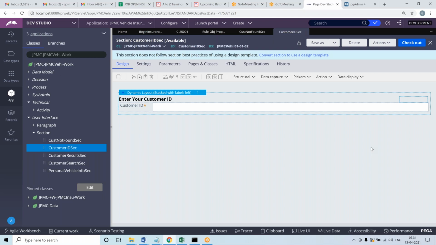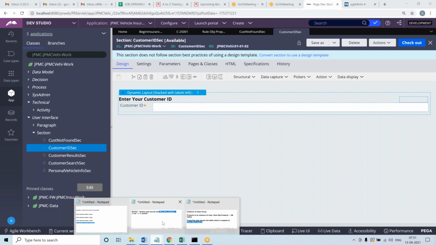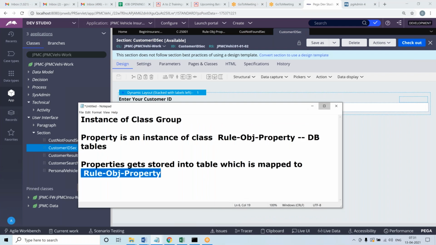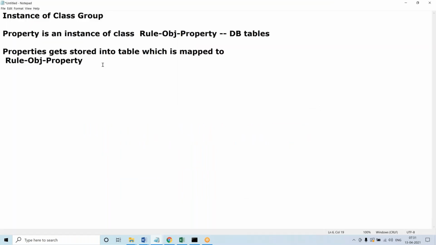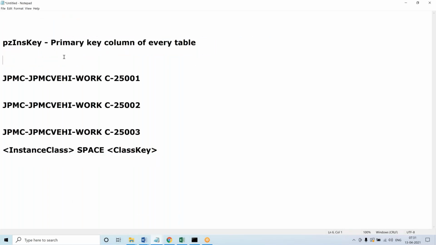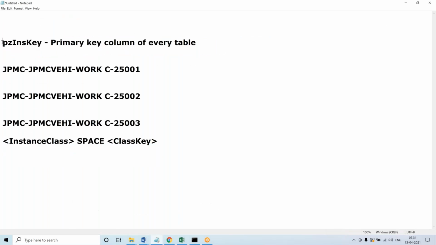For that reason, Process Commander generates a primary key value at runtime during creation and stores the rules with that primary key value. Everyone clear with this point? So we have already discussed the format of the primary key in the case of work objects.